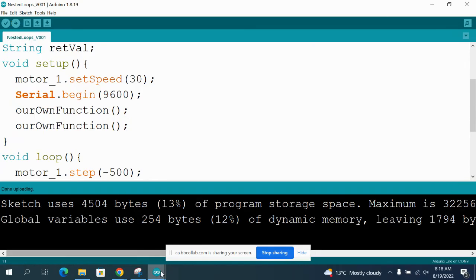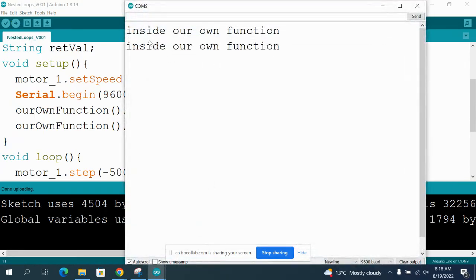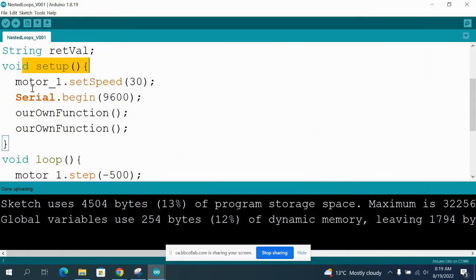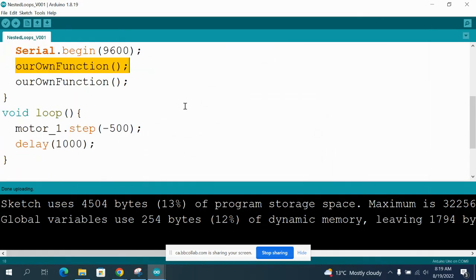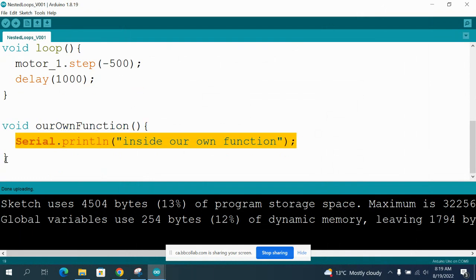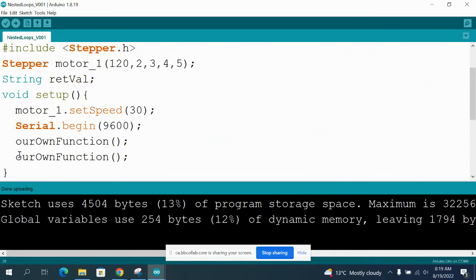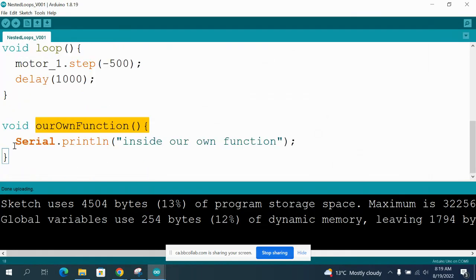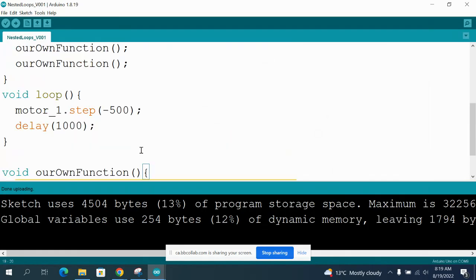Okay, and then what you will see is that it printed out this 2 times. Why? It went to create that, and then it went here, and then it went there. It actually jumped out and it came back. And then it went here, jumped out and came back. Then over here, it jumped to this point, executed this code, and when it reached this bracket, it jumped back. Okay, the time it jumped back, it was called again. So it jumped again to this point, printed it out again, and jumped back.